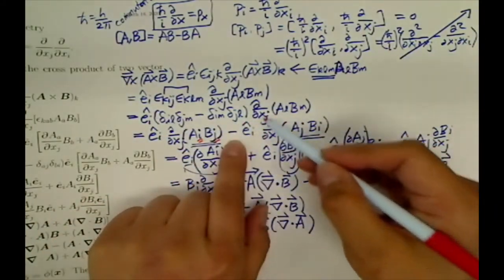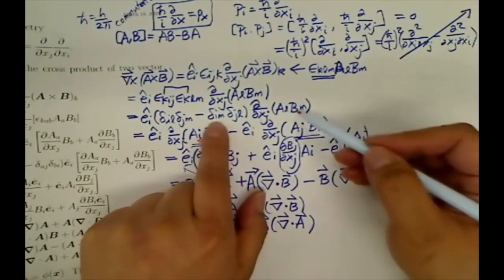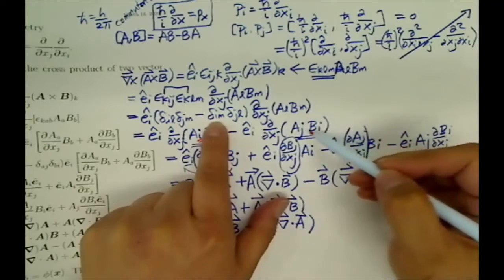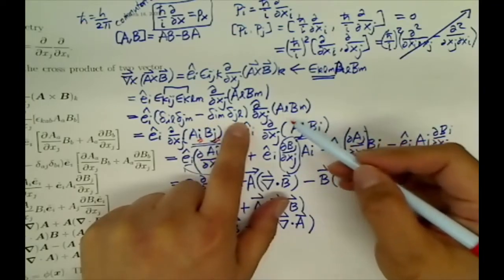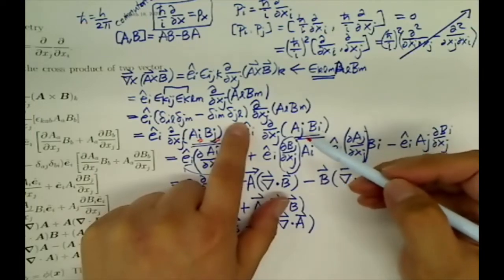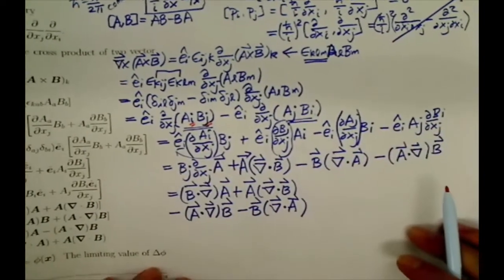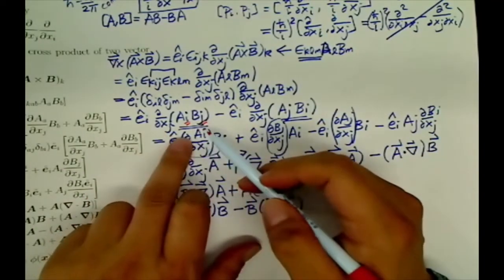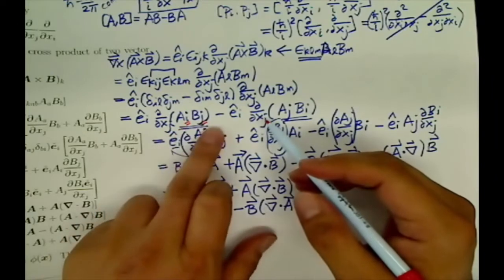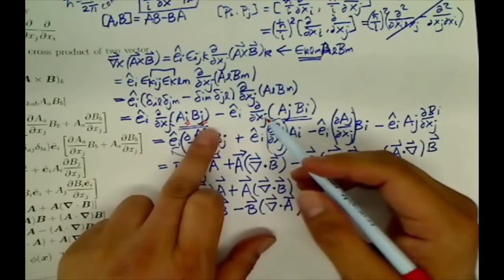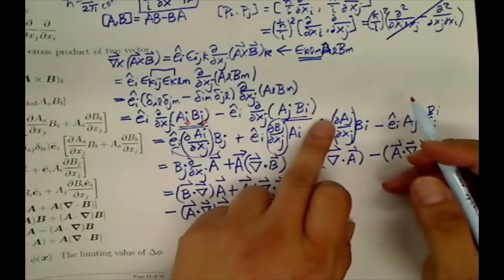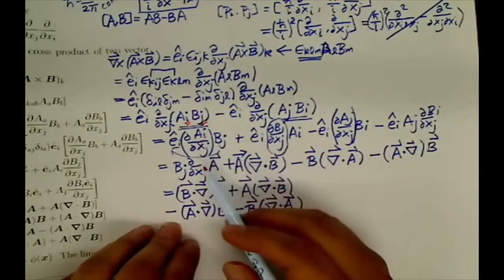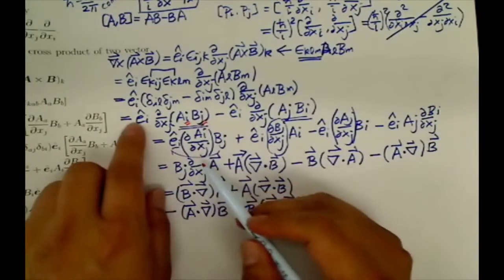EI copied, XJ copied, and then IM. This M is replaced with I. JL, this L is replaced with J. Okay. And then I apply the derivative rule for the product: derivative of A times B, and A times derivative of B. So substitute this formula, then I get EI hat